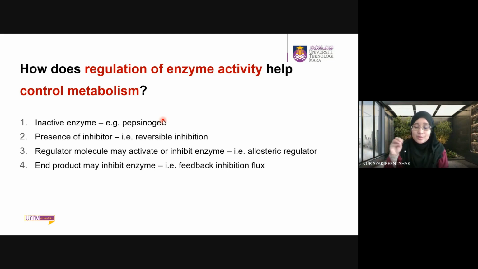So an inhibitor is not so bad. It does not mean that when you find an inhibitor, it will stop the activity of the enzyme and give a negative effect to the cell. No, it does have positive effects, to stop cells from producing excessive products. So that is one example of the positive effects of inhibitors. The presence of inhibitor will also control, or regulate, enzyme activity. Okay, and then we have